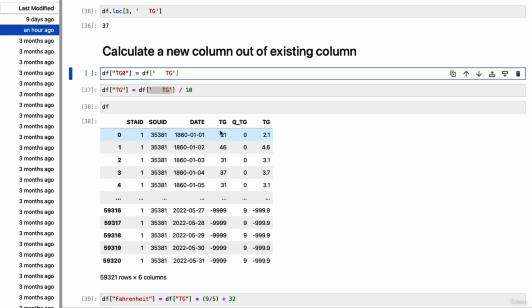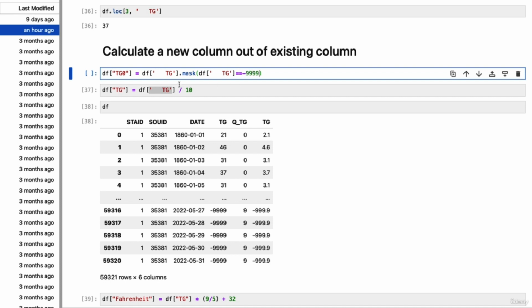So this TG column, which contains the -9999 values, and then you apply mask df this column again. So in square brackets, the old TG column is equal to